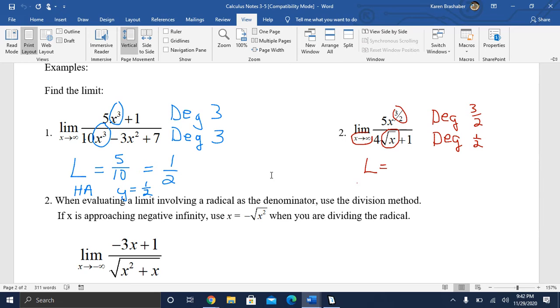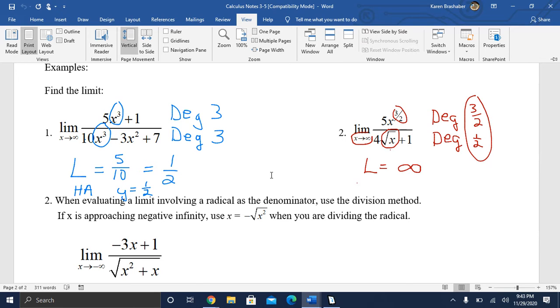4 times infinity. That's going to be positive infinity. And so we can say that this limit is positive infinity. So the limit equals infinity because the degree of the numerator was greater than the degree of the denominator. All right, so let's take a look at